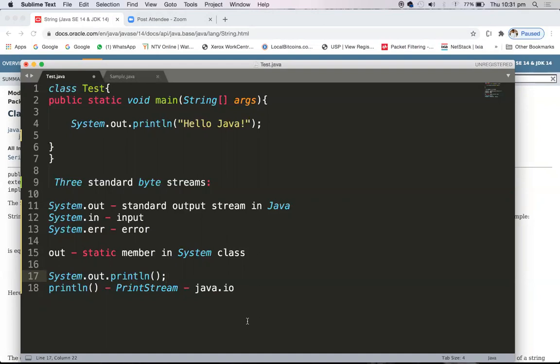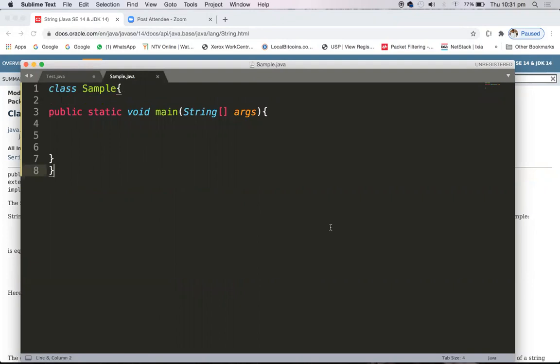Okay, so now what is System.out.println? System.out is actually the standard output stream, and whenever the println method is called with System.out, whatever argument the println takes will be written to the attached console output device using System.out. So this is how you can understand System.out.println. But how do we write that? In order to understand that, let me go to this particular program. If you have some idea about strings, you can understand how we are writing System.out.println.